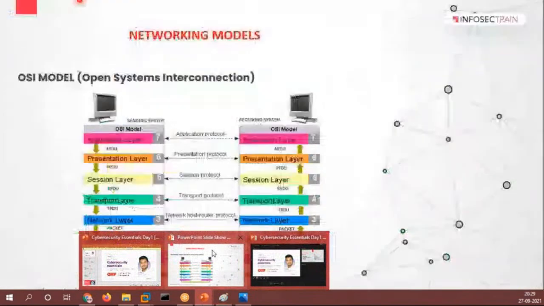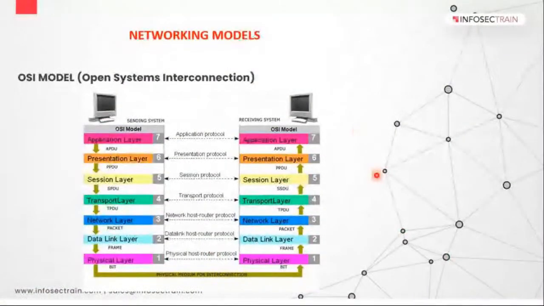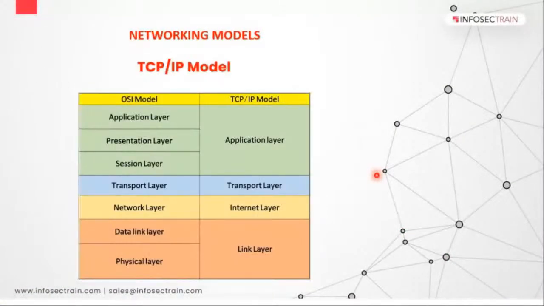Now the next thing that we have is, after the OSI model we have TCP/IP. So if you guys can see in the TCP/IP model, I have these layers. So we will be comparing the OSI model with your TCP/IP model.